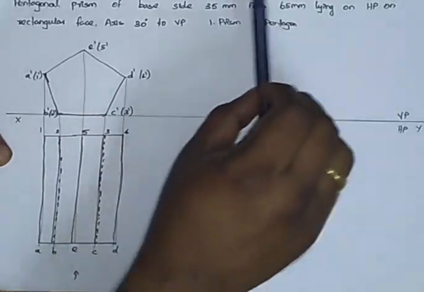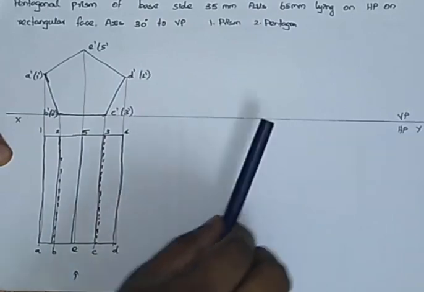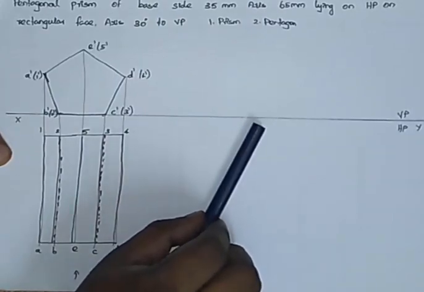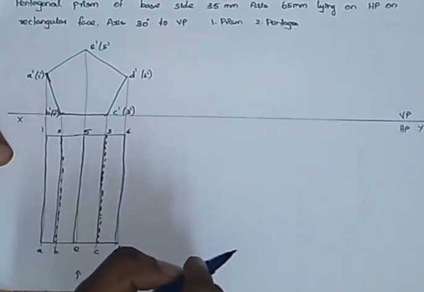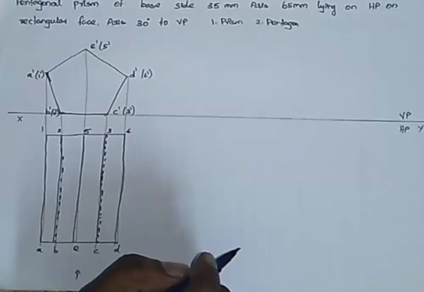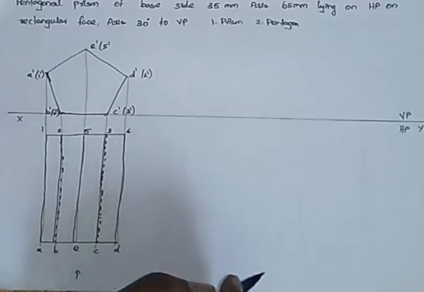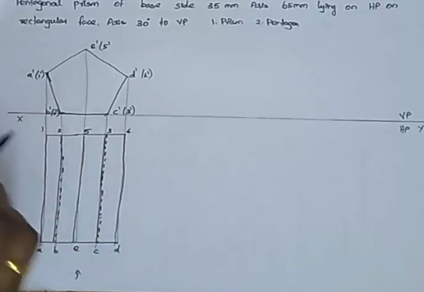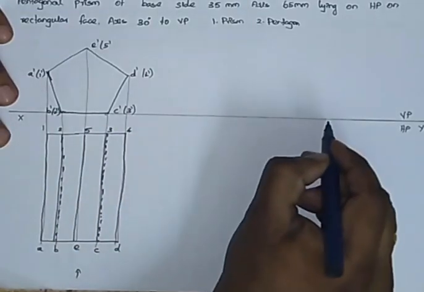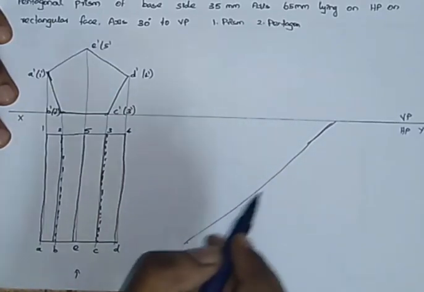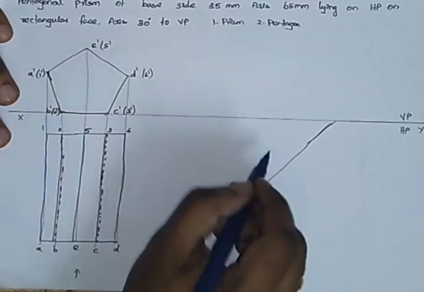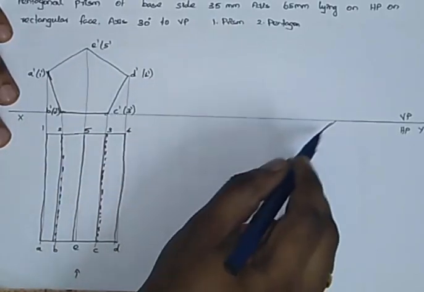When the axis is like this, you have to tilt to the left hand side. So I am going to tilt the axis to the left hand side to an angle of 30 degree. If the axis makes 30 degree, then the base will make 60 degree. So here I am going to make a 30 degree angle, and I can keep the base at anywhere in the axis.